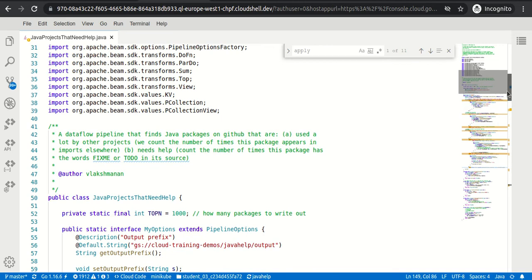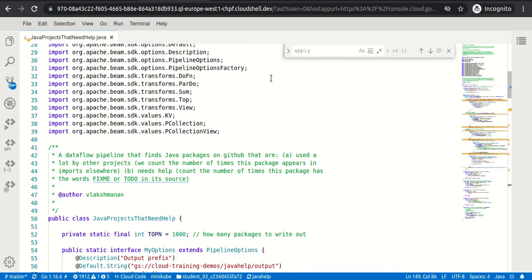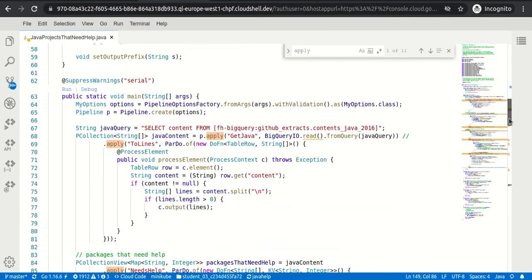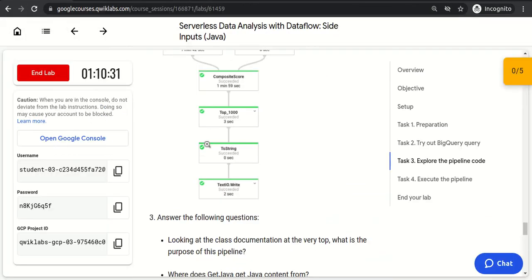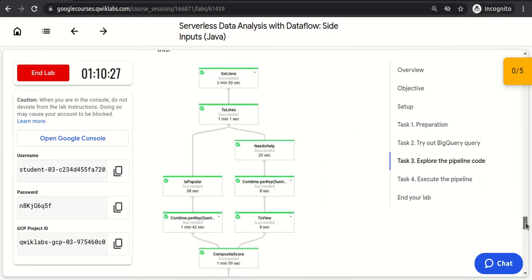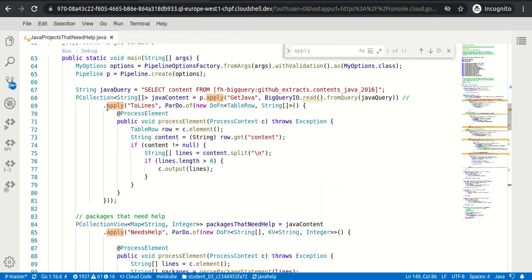I don't know what the meaning of the Apache Beam SDK option description is, but as part of this lab what we have to see is how they have written these steps, because if we have to create the pipeline, each step is considered as an apply function. Whenever we have to apply any step, that particular step will go as an argument into the apply function.